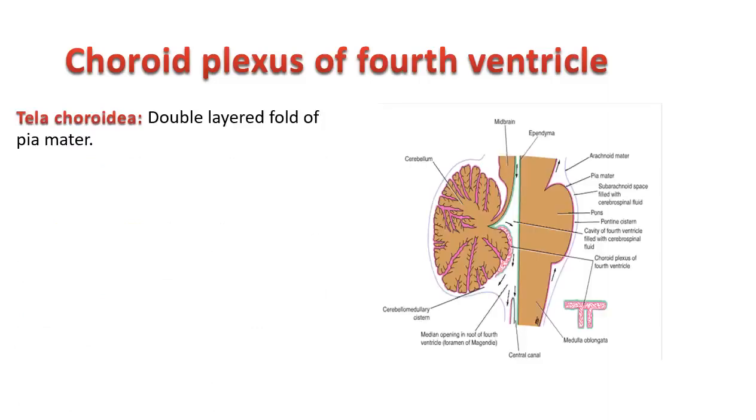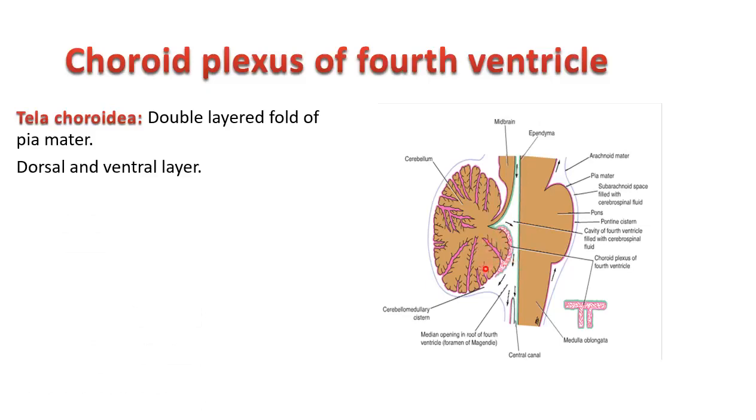So it is a double-layered fold of pia mater. Here you are able to see, from the lower part of the roof, a double-layered fold of pia mater that is called the tela choroidea. It will have one layer anteriorly and one layer posteriorly. The posterior layer will be intimately applied to the cerebellum, extending into the grooves, so that is all the pia mater. This pink one will form the posterior layer of the tela choroidea, the dorsal